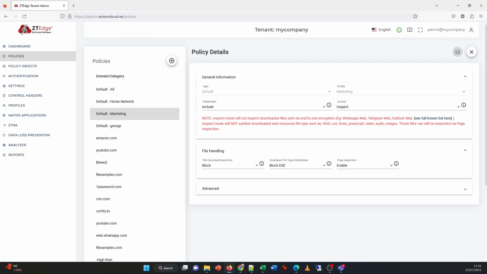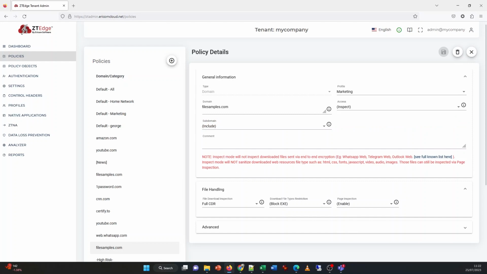download any file that is not embedded on a page, we're not talking about images on a page or JavaScript on a page or things of that nature. We're talking about Word documents, Office documents, PDFs, executables, zip files, things which are downloaded from a page, so they will be blocked. For another website, a specific website, filesamples.com, for the marketing profile, we've also set that to be